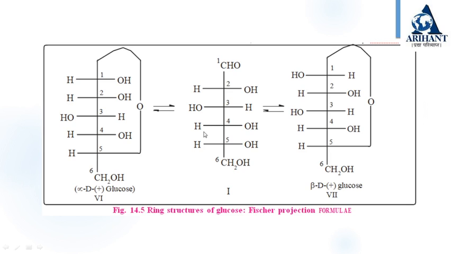So remember this, no need to mug up these structures, you just have to remember this main structure of glucose. If you know the structure of glucose very well, you can directly attach this group, fifth carbon atom, to first carbon atom, and you will get these alpha and beta structures very easily. So practice this much, it will be very useful from the exam point of view, how to write the ring structure of glucose by using Fischer projection formulae. Okay.